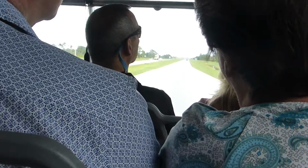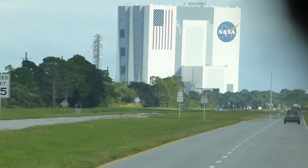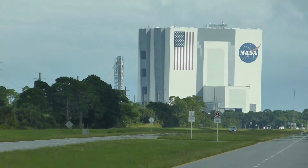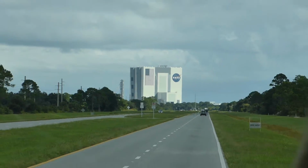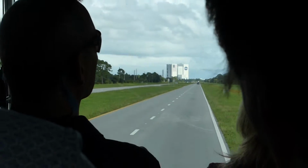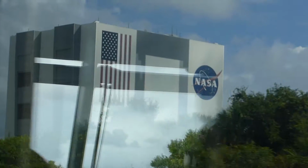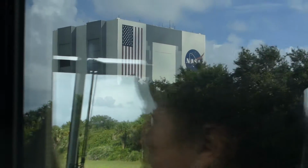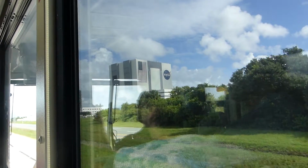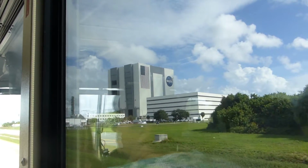Most recently, the Space Shuttle program that launched 135 missions culminated in the assembly of the International Space Station in low Earth orbit. The station is truly an engineering marvel and a testament to what we can accomplish when we all work together. It contains 4 huge bays where the spacecraft were assembled using massive overhead bridge cranes for highly complex maneuvers. Today, the VAB is being updated to assemble our next human-rated launch vehicle, the Space Launch System, or